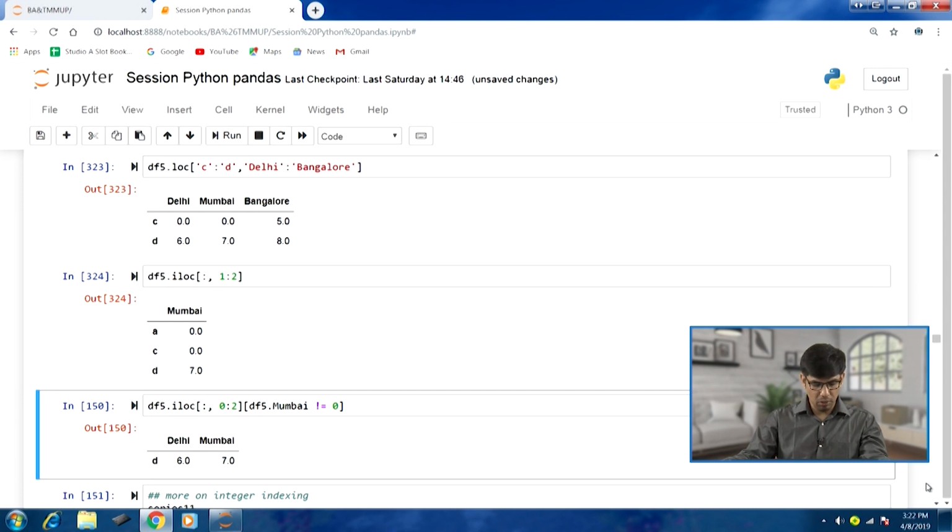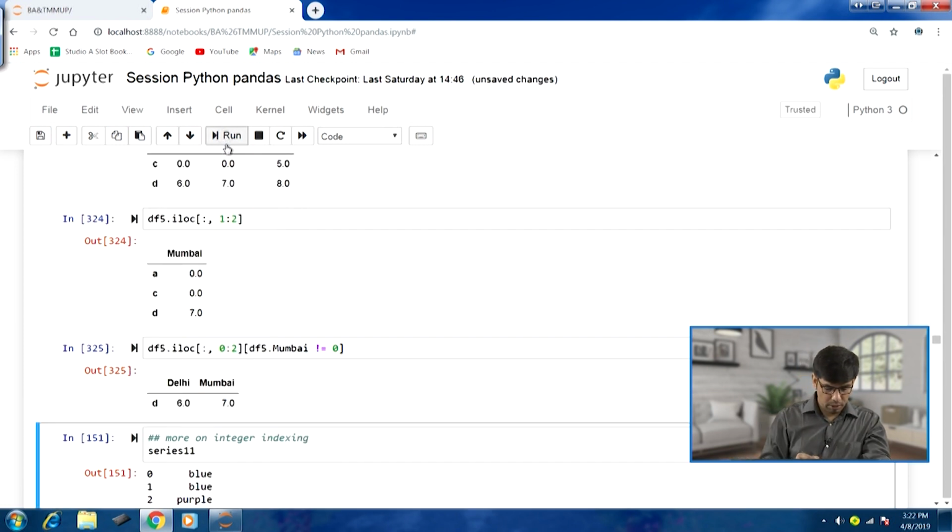So only the rows where the value is not 0 should be displayed. If I run this, you can see in the output only the row D has been displayed.